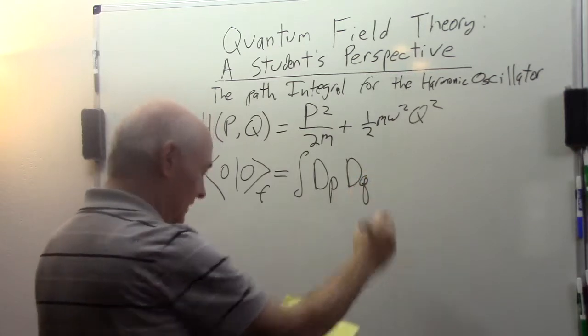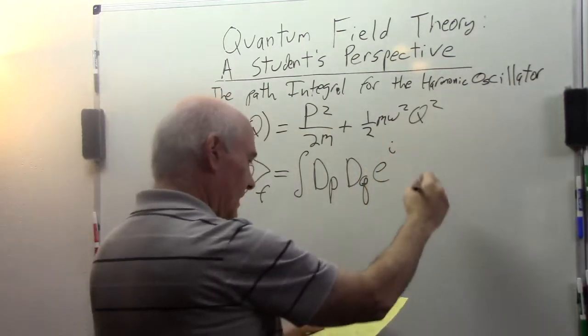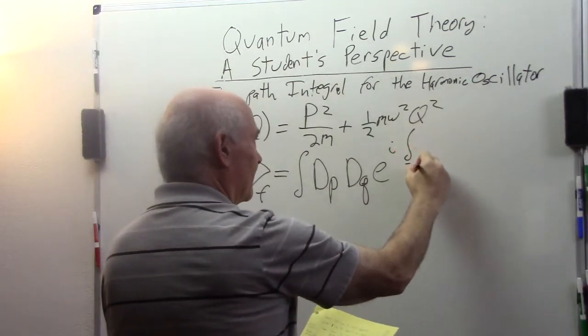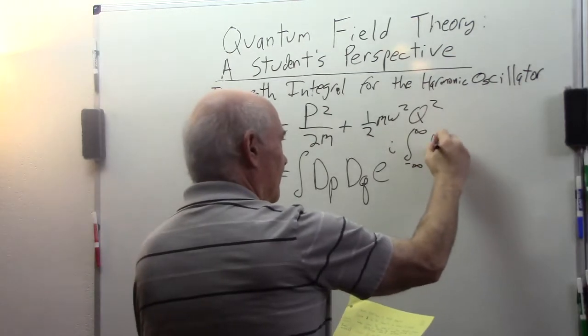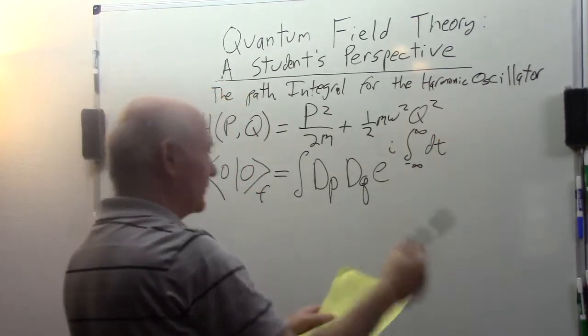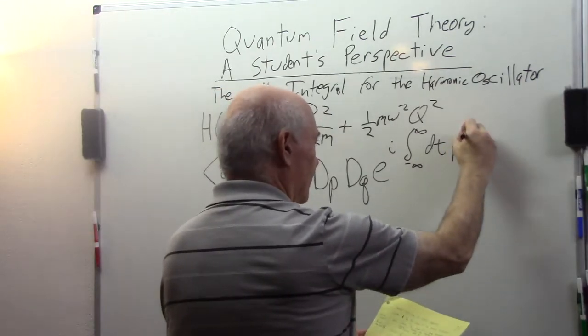The integral of dp dq, then e to the i integral, I'll put the boundaries, but it's not really necessary, dt, infinite past, infinite future, and p q dot